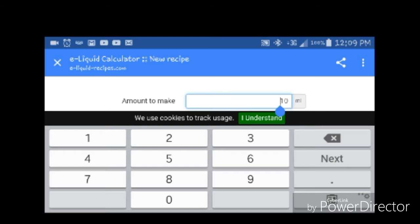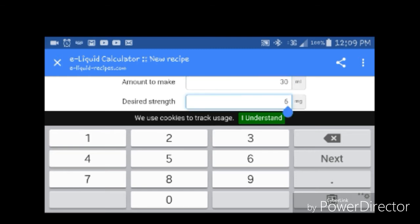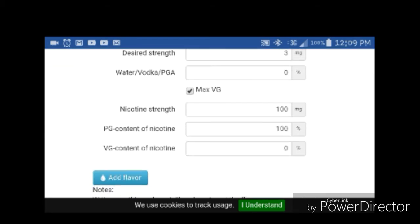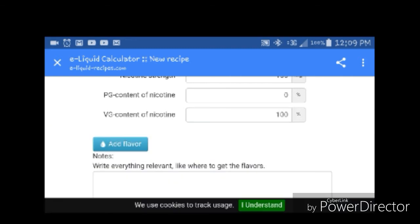Alright, now we're going to change our amount to make. We're going to make a 30 ml batch. Our nicotine strength is going to be 3 milligram nicotine, and we're going to make it a max VG solution. Nicotine strength is 100 milligrams per milliliter. That is correct. And we're going to change that to 100% VG, because I have